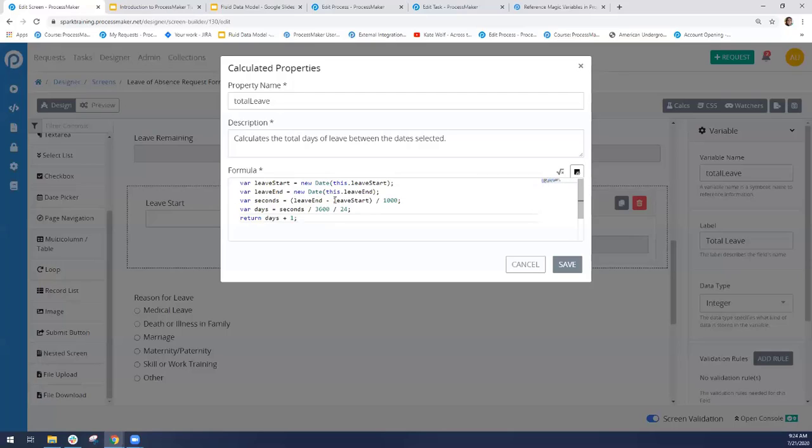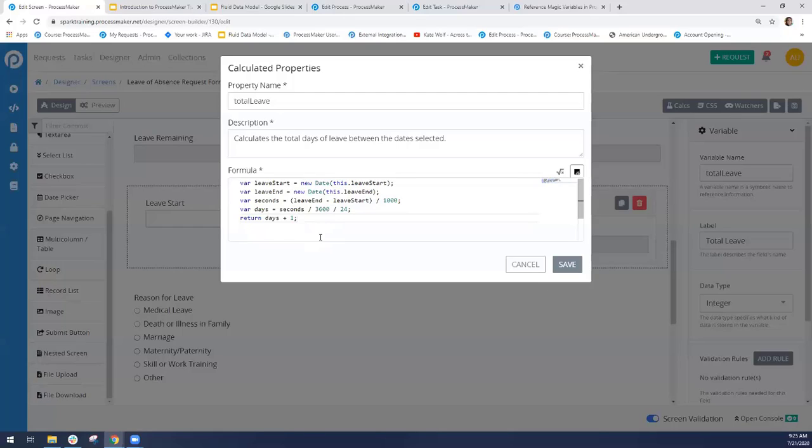It calculates the number of milliseconds between the leave end and leave start dates. Then I divide that by 1000 to calculate the number of seconds, and then I convert the seconds into days. And then I return days plus 1,